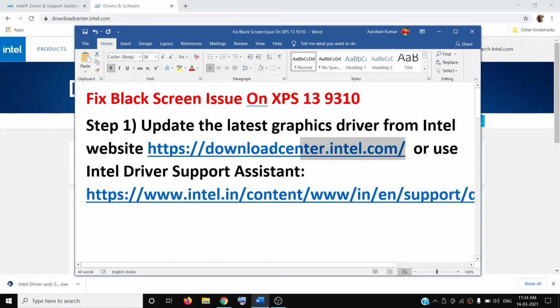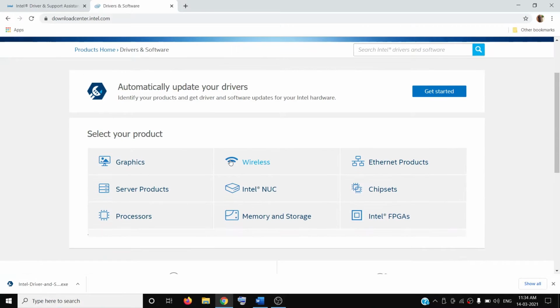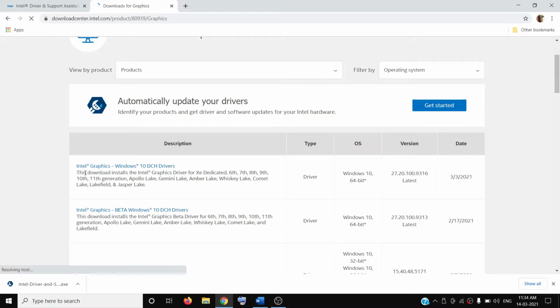So copy this link. The link is provided in the video description. Open this link in a browser. It will take you to Intel website. Click on graphics, and you can go ahead and install the latest graphic card driver from here. So right now the latest one is